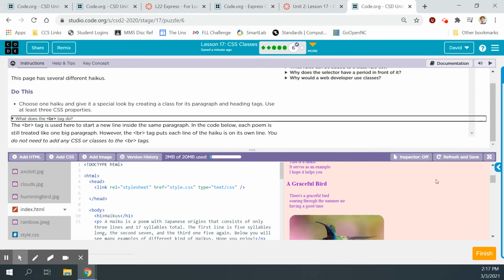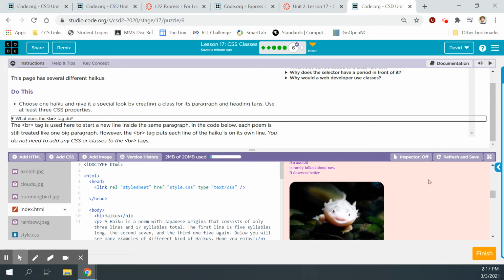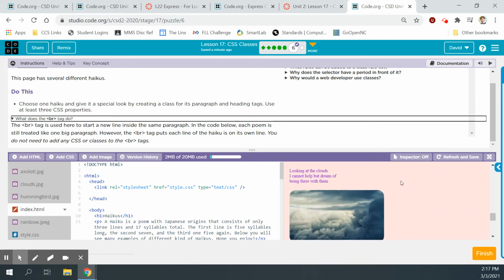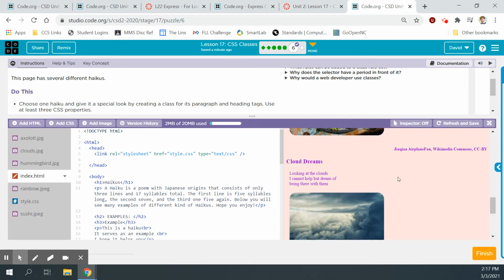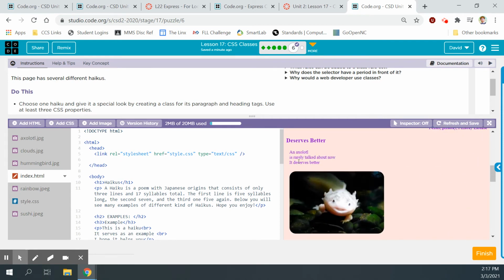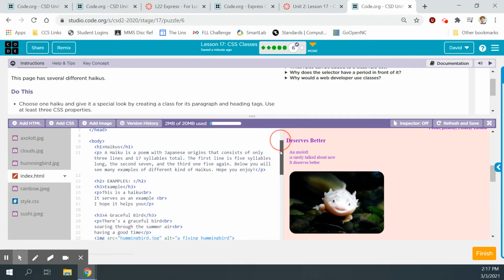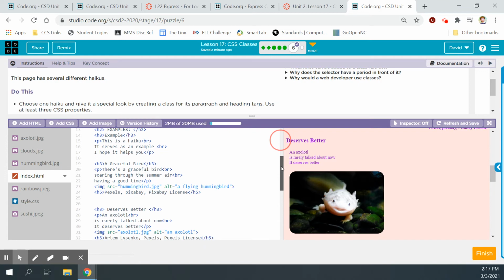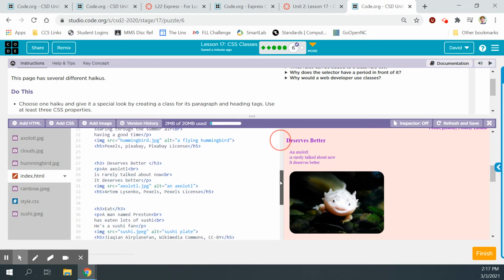All right, let's choose a haiku. The graceful bird deserves better. Sushi. Let's make more room so we can see clouds. A gift. I like axolotls. These guys are cool. Let's do a rule set for him. Let's see. Where is he? Deserves better. Right here. So we've got 1, 2, 3, 4 elements to